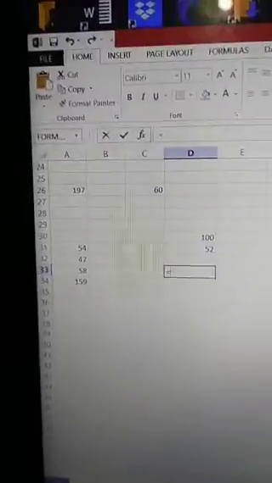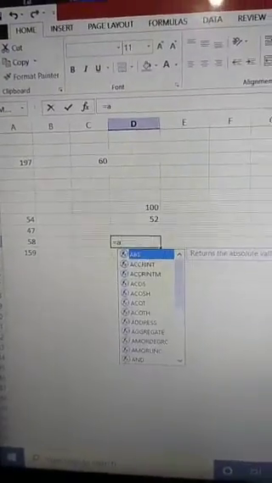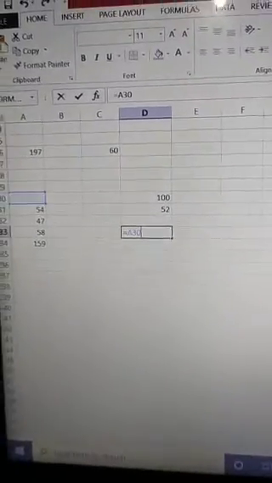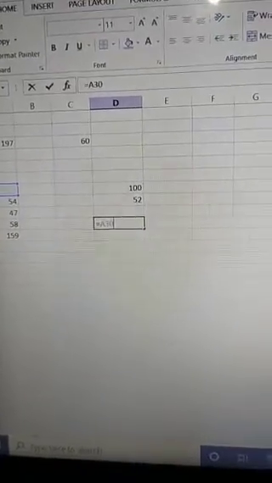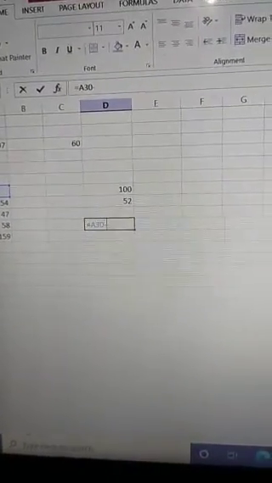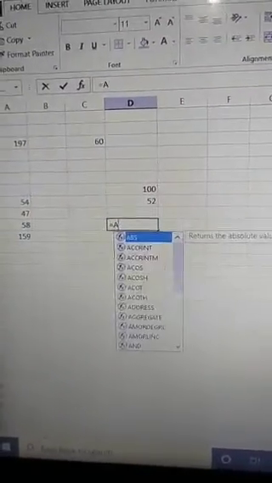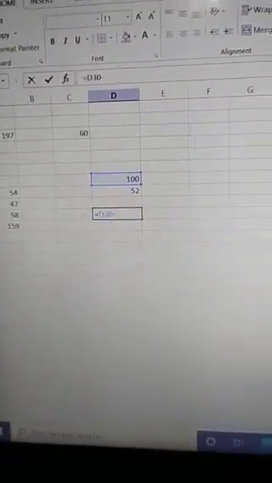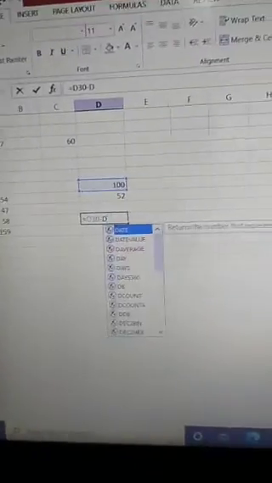After that I give the cell reference, D30, then the minus sign, D31.